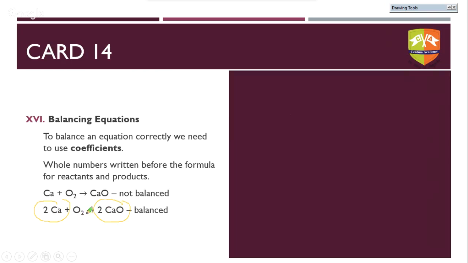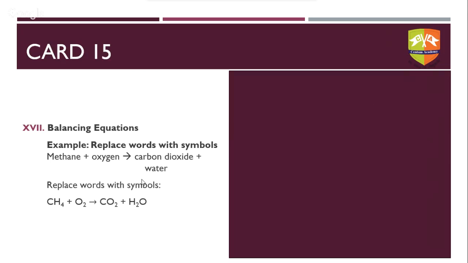And therefore, now you find that both the oxygens are taken care of, as well as calcium. These are called stoichiometric coefficients, or in simpler terms, simply coefficients of the reactants or the products. So this is a quick way of balancing a chemical reaction. Now let's look at some more equations. Another example is methane plus oxygen giving carbon dioxide plus